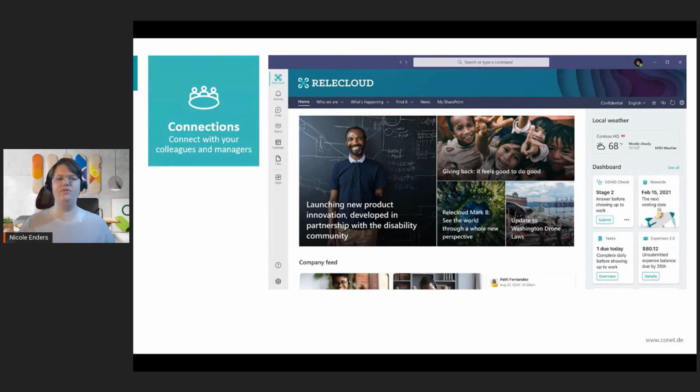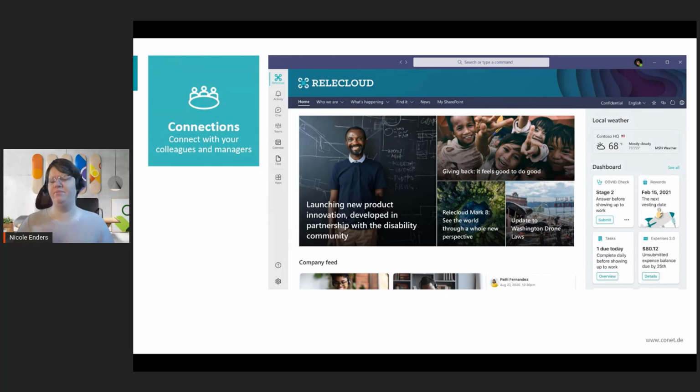For the other users, it's really easy, because maybe they are working a lot in different teams, or they're using the chat function, and now they have a new menu item, and they see via the icon already that it's their intranet. Maybe you have a special logo for your intranet, and then they can click on this, and they are there and see what's going on.